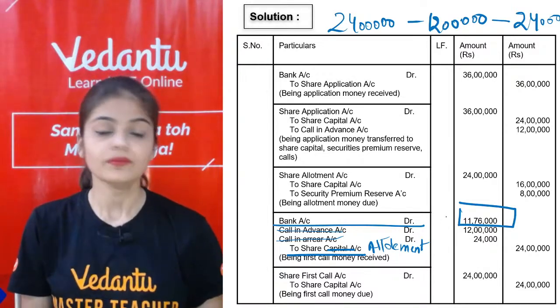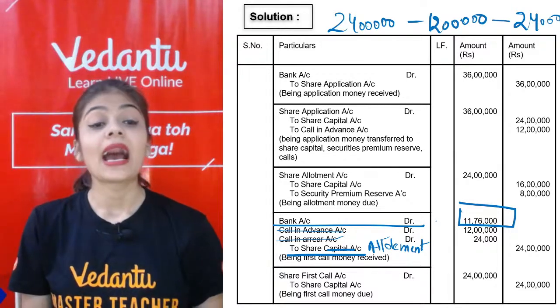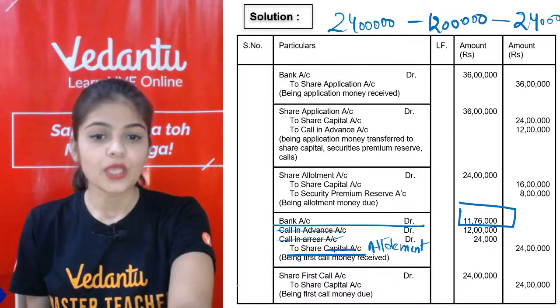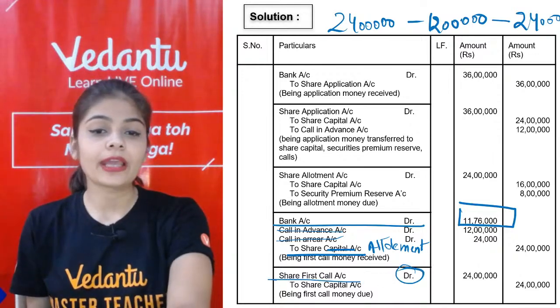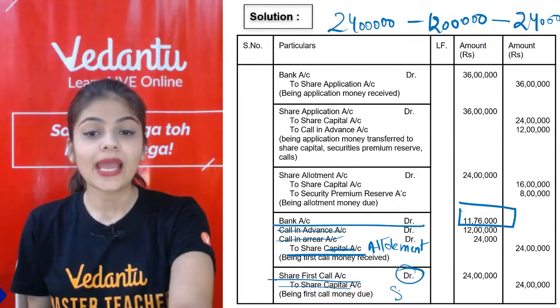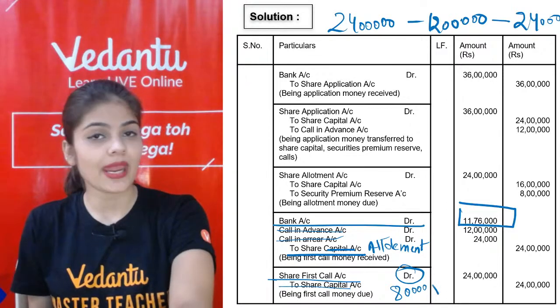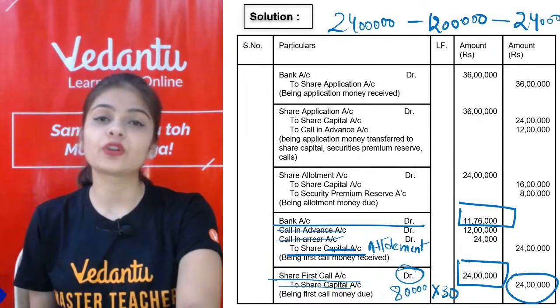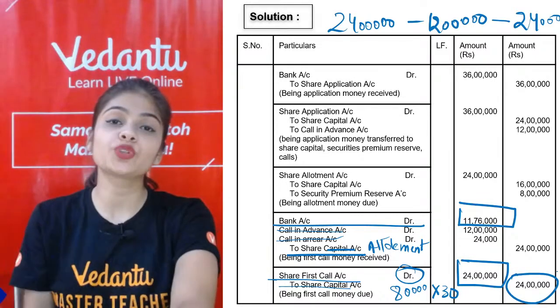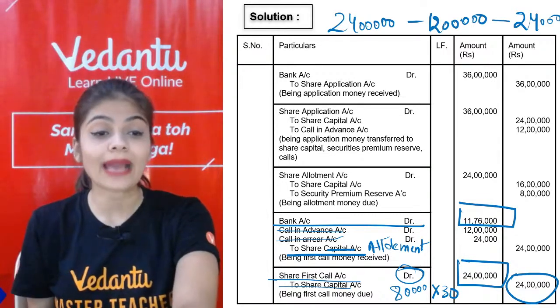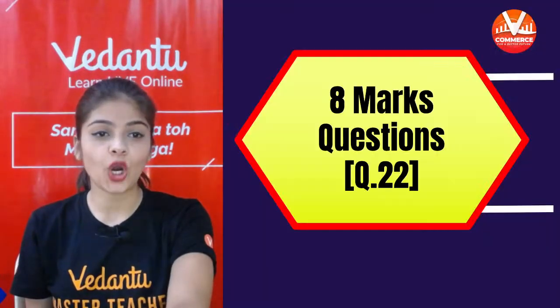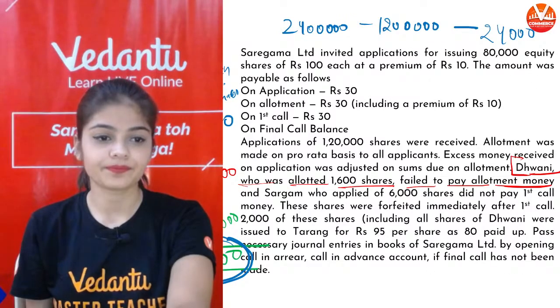11,76,000. After that, first call money will be due. So share first call account debit to share capital, 80,000 shares multiplied by 30, 24 lakh rupees. So share first call to share capital, 24 lakh rupees. After the first call, it is said that